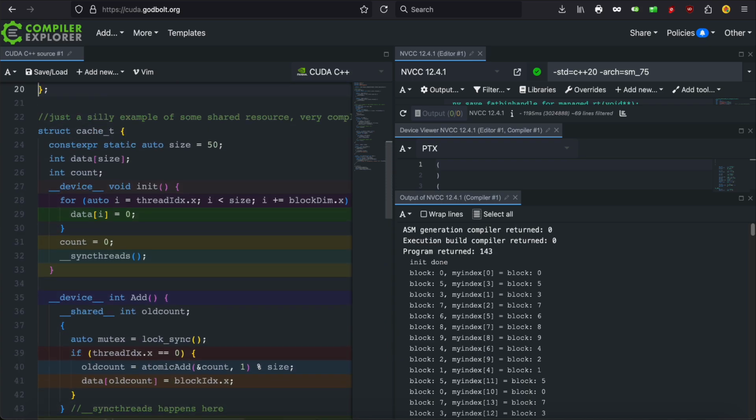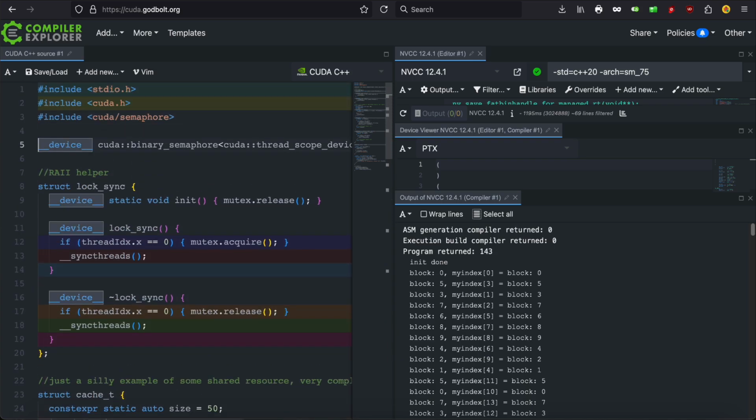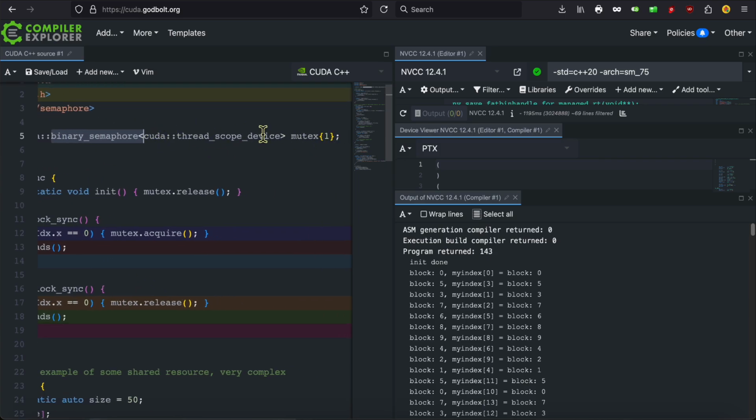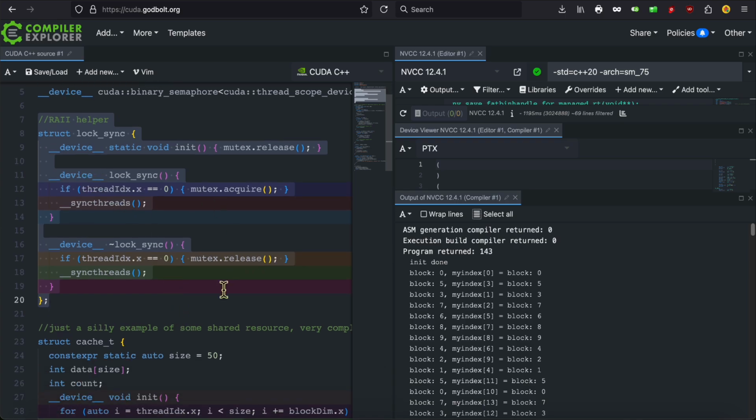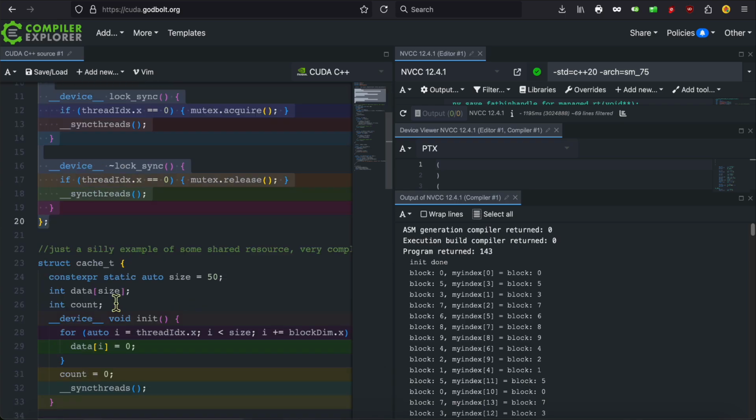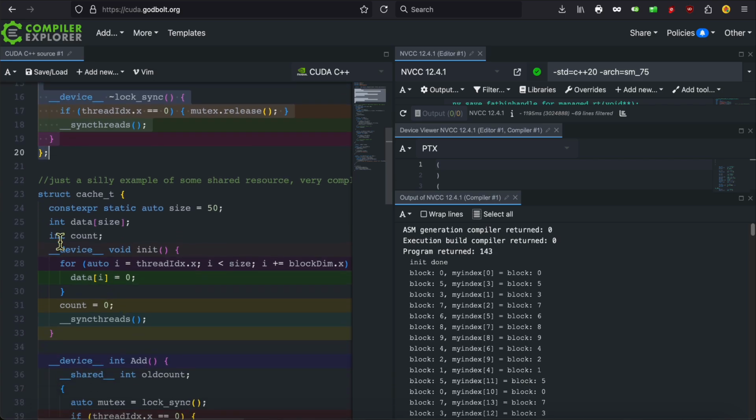Let's maybe go over it one more time. So first thing we need to do is to get a binary semaphore with a scope that makes sense, in this case the whole device. Then you really need this thing here, so that you never have to worry about calling acquire without calling release. Because as soon as the scope ends, your lock will automatically get released.